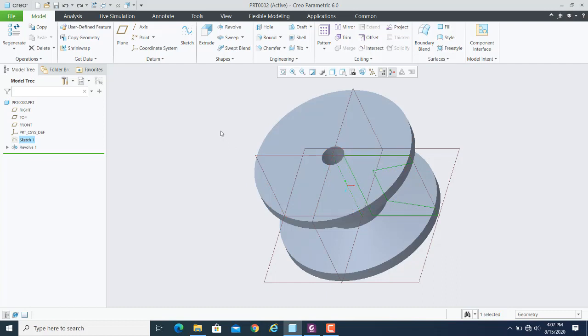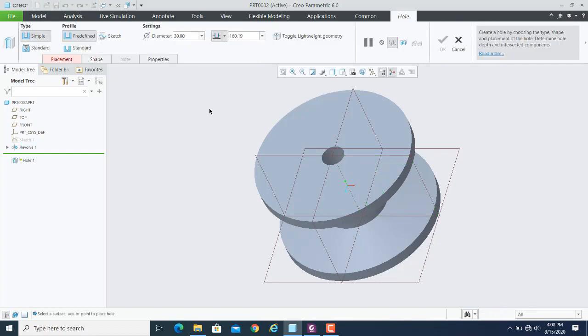Let me make some feature on that top face, and then I will try to revolve it in a circular pattern. Let us go for a hole feature. If I want to place a hole feature on this top face,